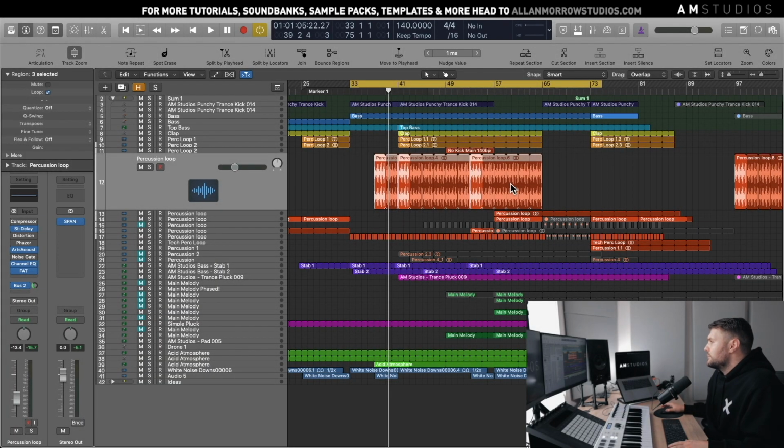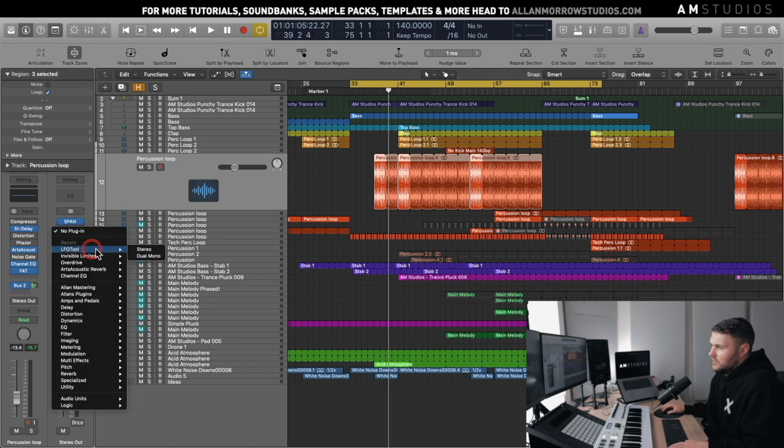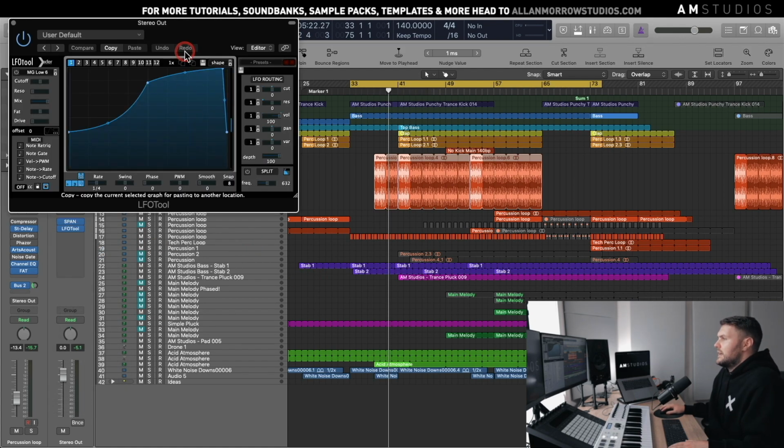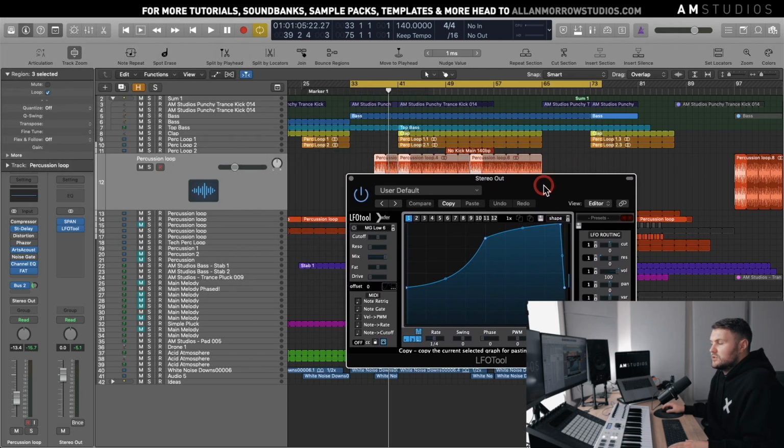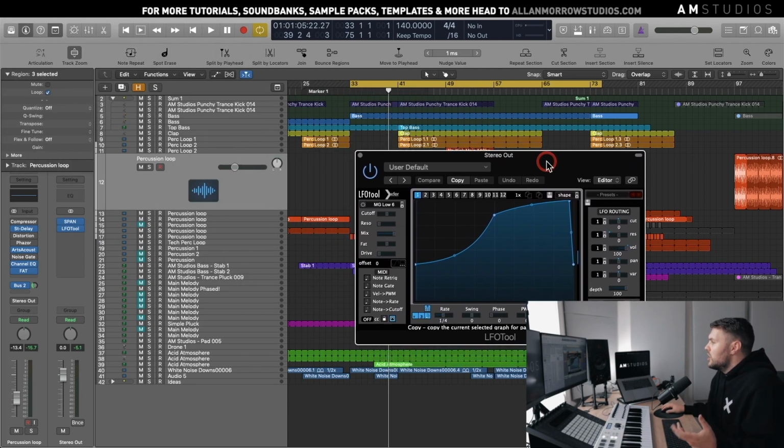So let's have a little look. I've got this project here that I'm working on, and what I'm going to do is go to my stereo output and add on the LFO tool. Now, a lot of people use the LFO tool for sidechaining and other things like that, but it's actually got